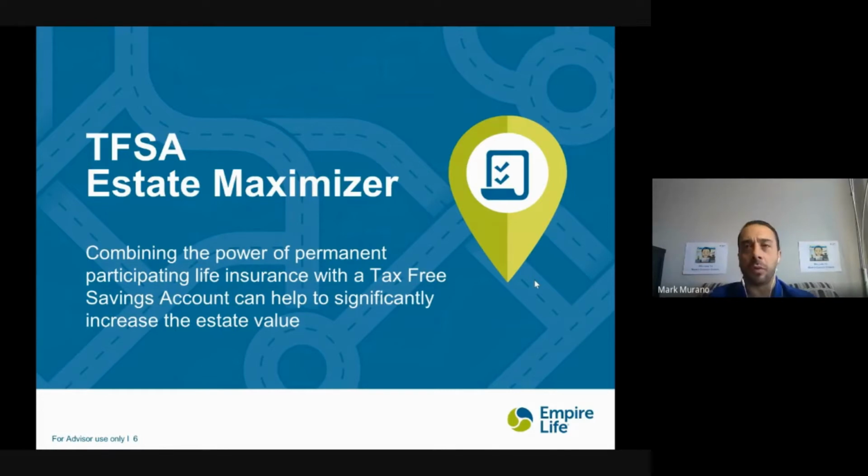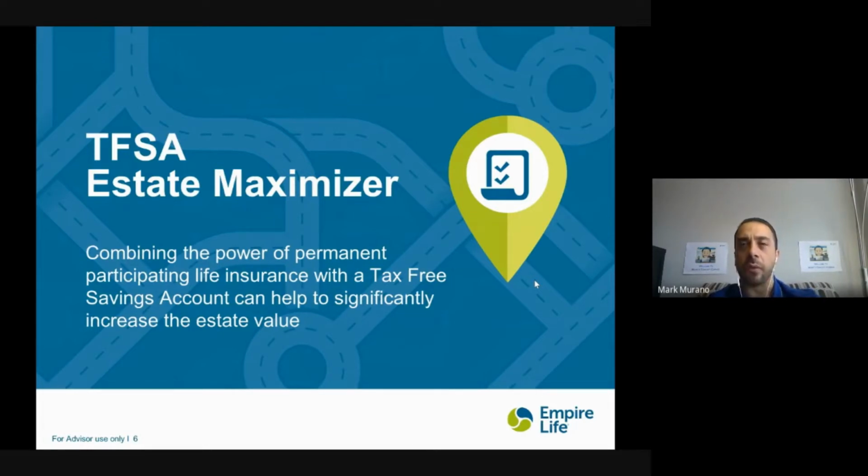So the conversation revolved around approaching some of these individuals of a certain age and a certain market, that maybe we can better utilize this money if it was earmarked towards an estate purpose. So by looking at targeting those with large TFSA balances, those that have been putting it in since the launch in 2009 and have put the deposits in, but haven't seen the growth that they're looking for because they've been sitting in bank accounts or, again, low-risk GICs,